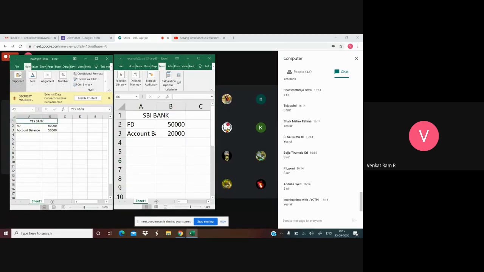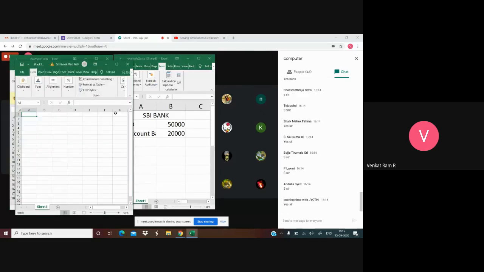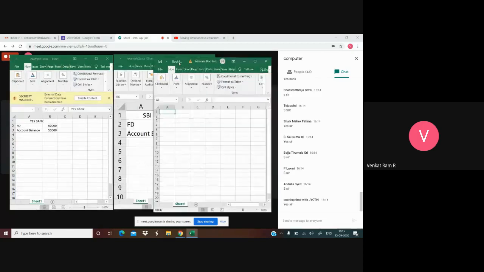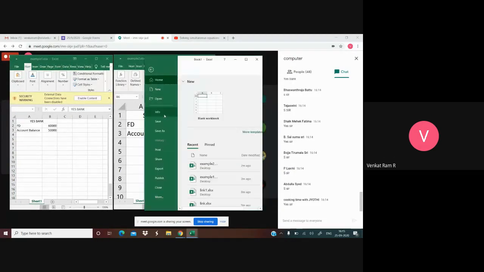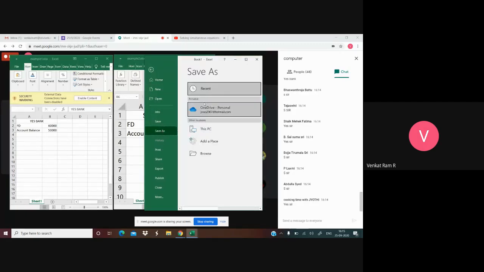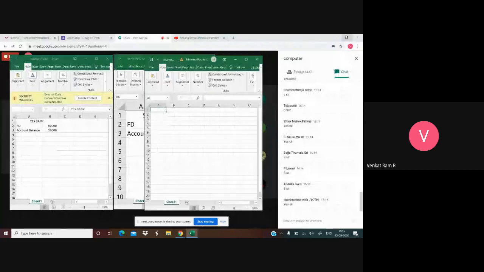So what I will do is open a new file. I'm opening it as a blank document. Let me name it and save it as example 4.